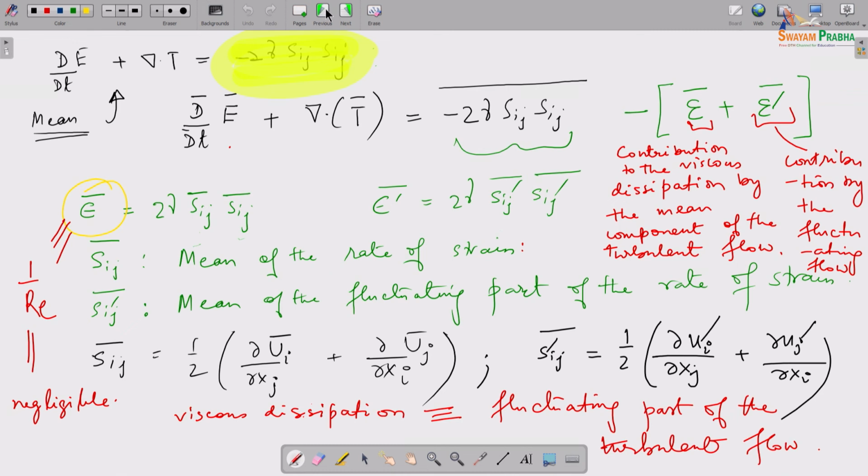And it is found that as far as viscous dissipation is concerned, the mean part of the flow contribution is inverse to the Reynolds number. So if you're going to talk about high Reynolds number, then you could sort of ignore that. So the majority of the contributions actually comes from the fluctuating part of the turbulent flow, right? So these are things that we learned and kind of revised, took a relook at from the last class. Okay.